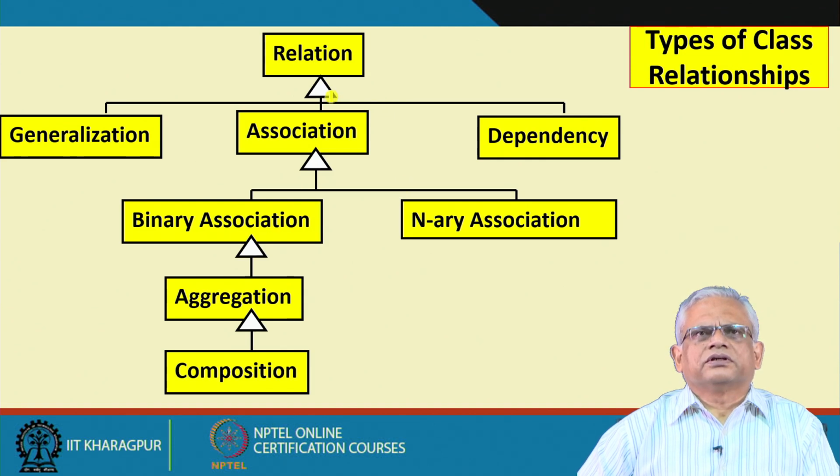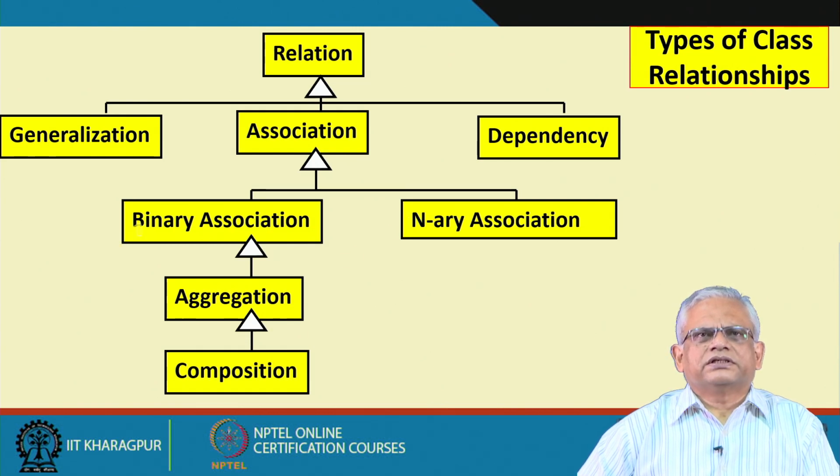So far, for the class relations, we looked at generalization, that was the inheritance relation, and we found that it was the simplest to implement in Java code by using the extends keyword. And then we looked at association. We looked at the binary association and n-ary association in general, the unary, ternary, and so on. And then we tried to be more expressive. We looked at association classes, qualified association, and so on.